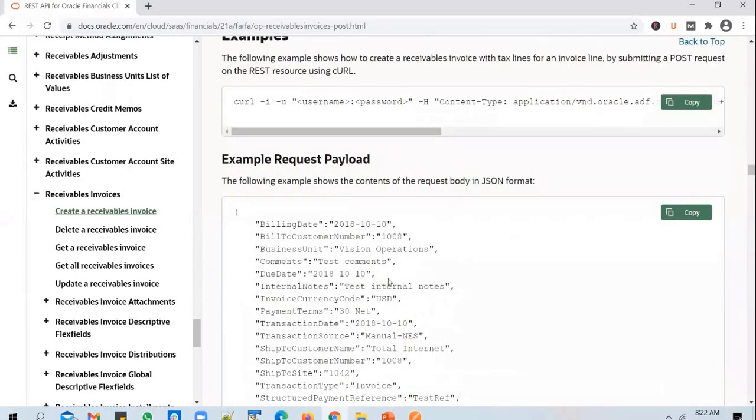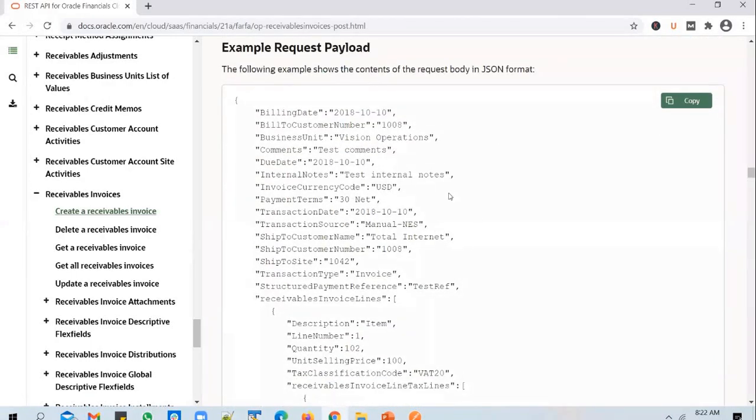Okay, so you can test this API by passing in this particular payload. But for this payload to work, all you need to understand from it is what fields you need to populate. But don't try to use the same data. If you use the same data, verify whether this particular business unit exists or not, and you also need to verify whether the transaction source exists or not, etc. So you need to understand what fields you need to pass from this payload, and you just have to copy the payload and then change the values appropriately. And I have a sample payload available with me that works in the ECBP test instance. So let me show you that payload.